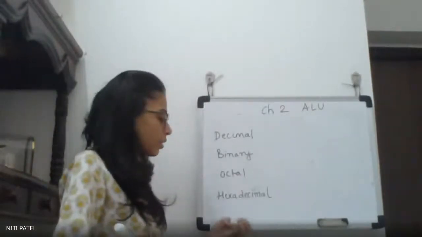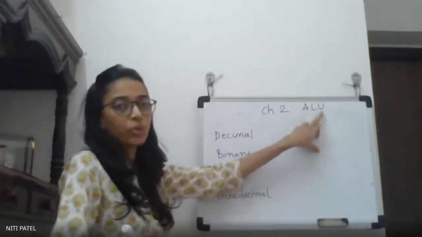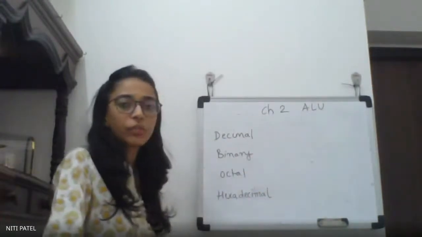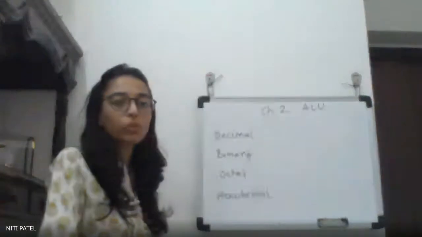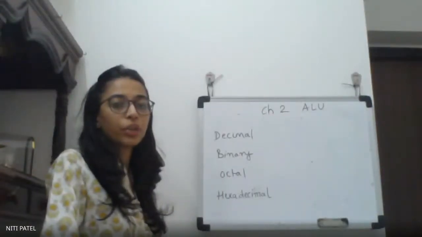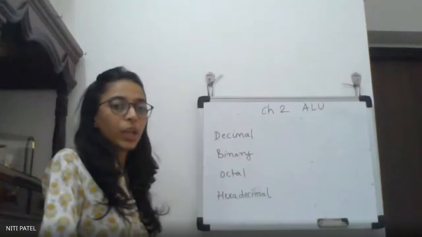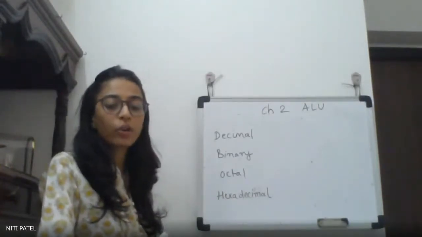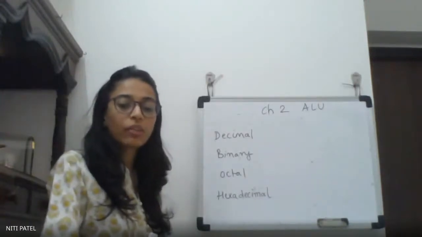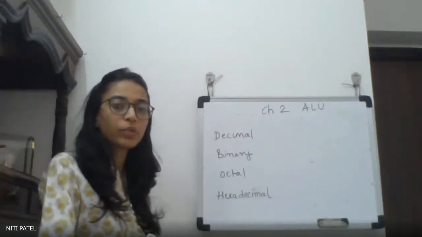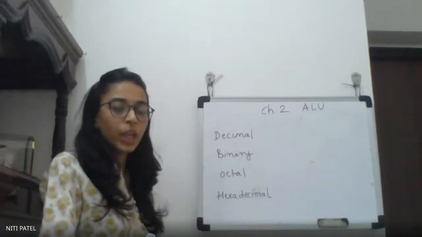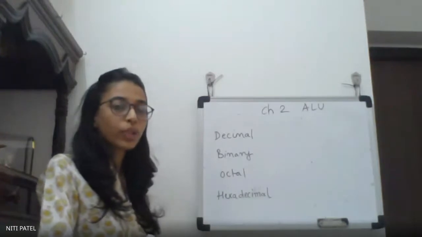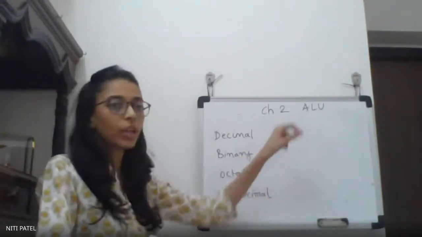So we start with the second lesson, which is ALU. ALU stands for Arithmetic and Logic Unit. Now we have seen in the first lesson that your computer system has three different units. The first is your memory. Memory is connected to your CPU, and then CPU is connected to your IO devices. Similarly, your IO devices are connected to CPU, and CPU is further connected to your memory. Now inside CPU, we have many different subcomponents, out of which one of the major components is your ALU.